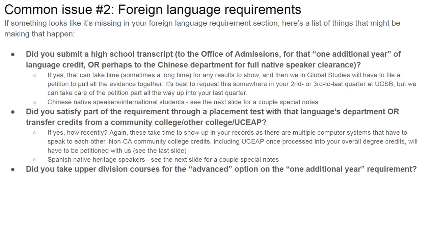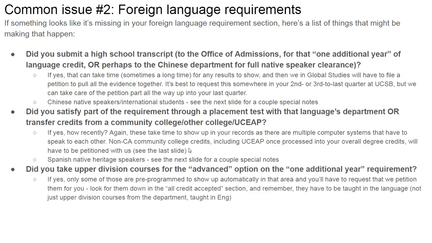If you're doing the advanced option, something really big to know is that only some of those classes are pre-programmed to automatically show up in that area. You'll typically have to request that we petition them for you if they're not showing up automatically in that area. Basically, you can look for them down in the all credit accepted section all the way at the bottom of your major GE progress check, and then just verify that they're there, verify you have letter grades on them,